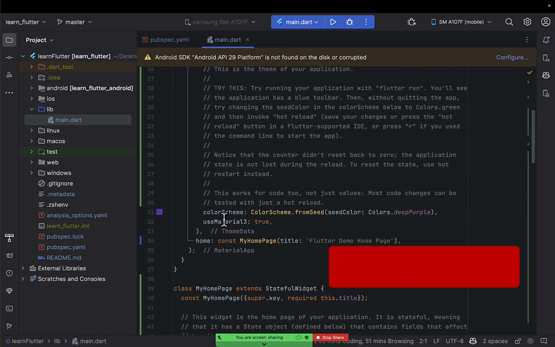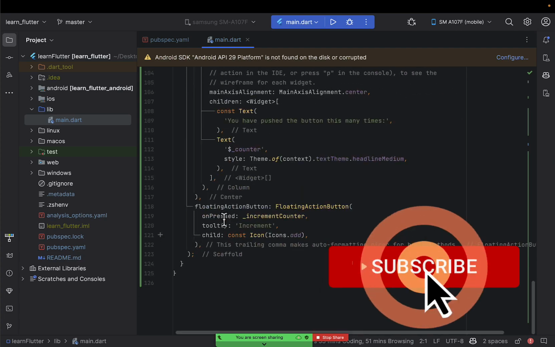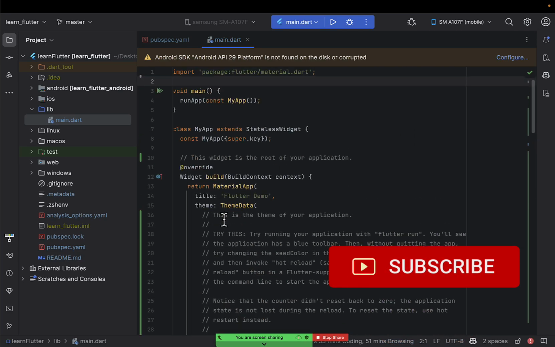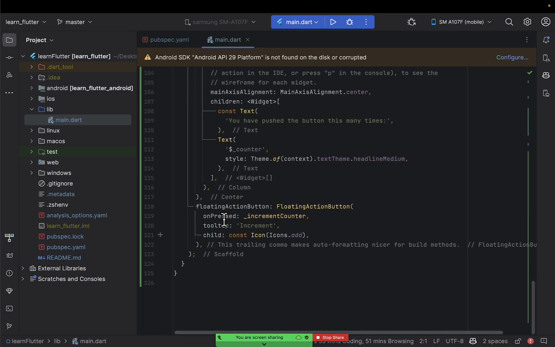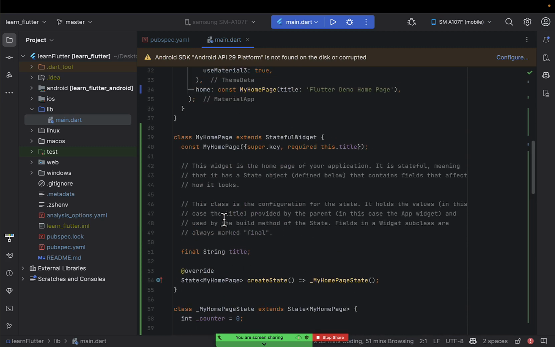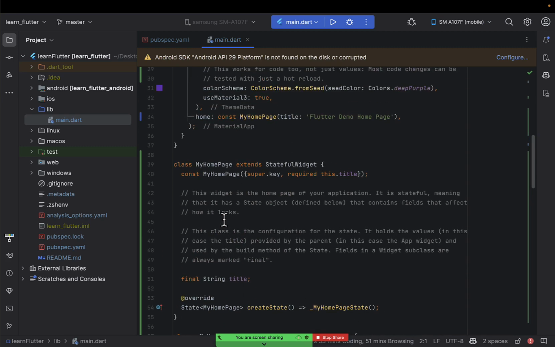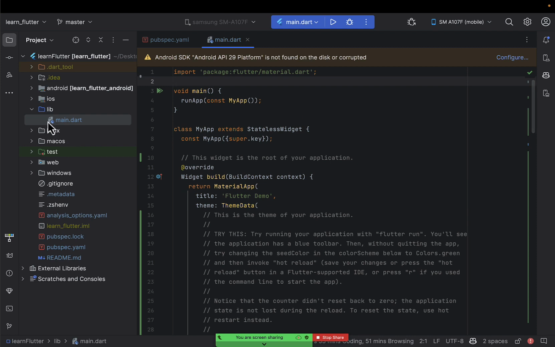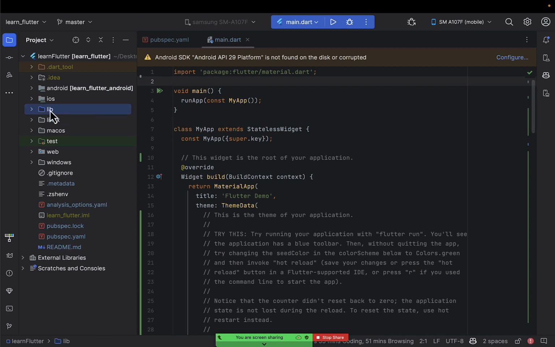So this is the Dart code, the Dart programming code, that you're going to be modifying. And we're going to understand what is meant by everything here. But the whole point is, this is the folder that you will be working in only. Then these other folders will be fetching data from this one, or Flutter will be using this folder to update the other folders. So after doing that, the next thing that we will need to do is now to